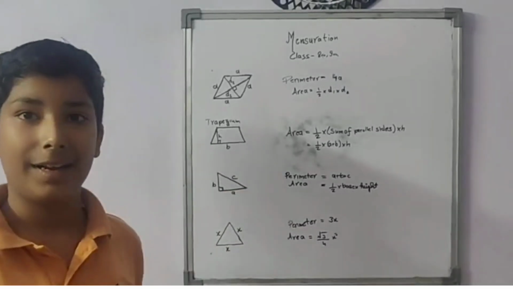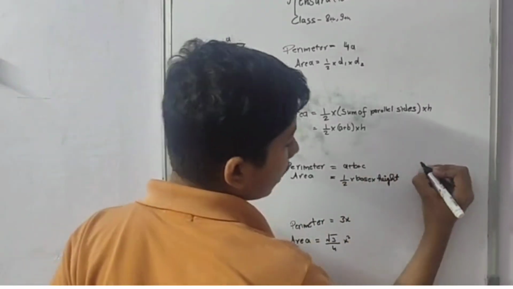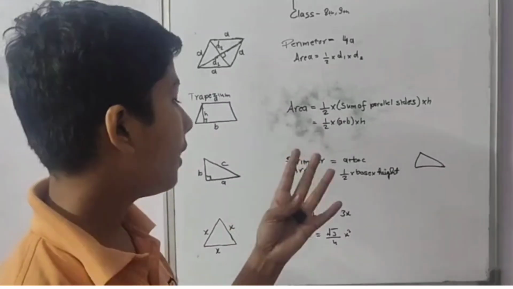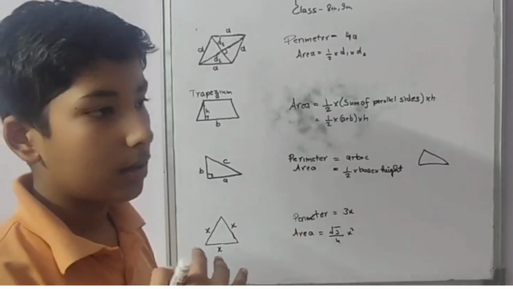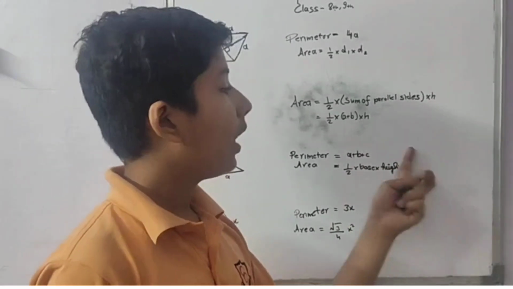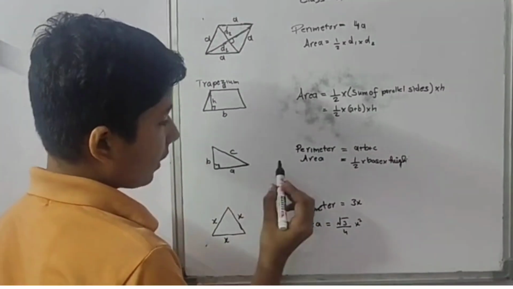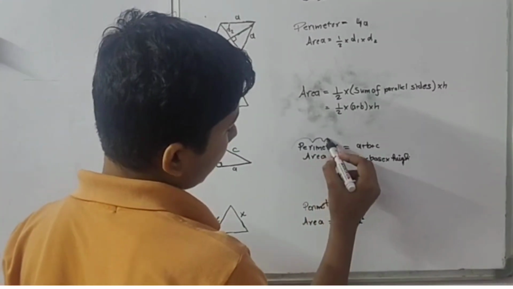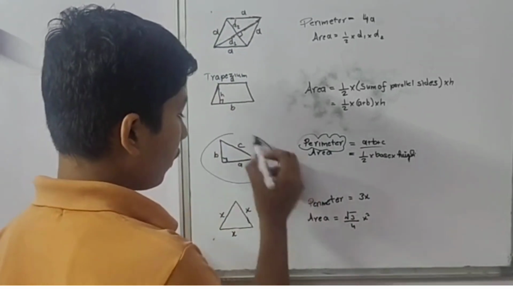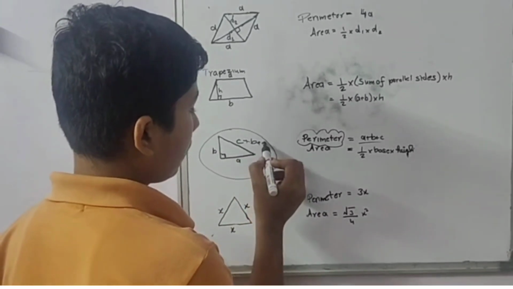You might understand what this is. This is a right angle triangle. So in this right angle triangle, or if we have a triangle like this one and we don't know its sides, if its base and height are given, or the base and area, or height and area, anything is given, we will use the same formula as the right angle triangle. What will be its perimeter? It will be A plus B plus C, meaning the sum of all the sides, this plus this plus this.